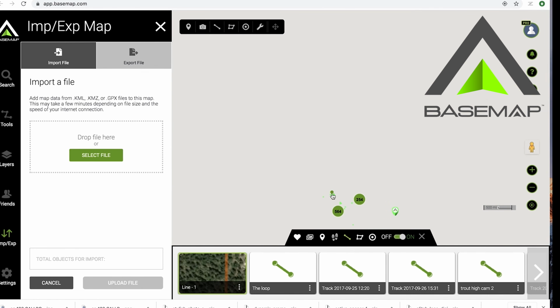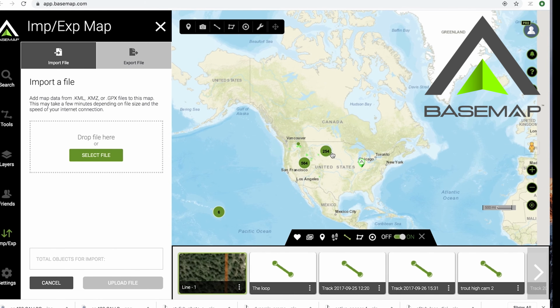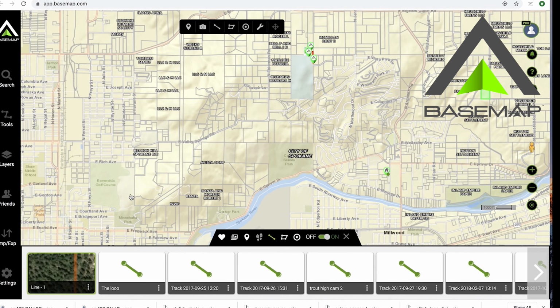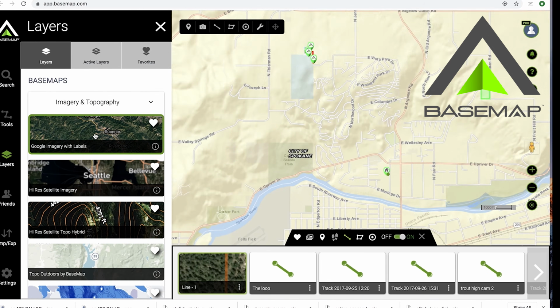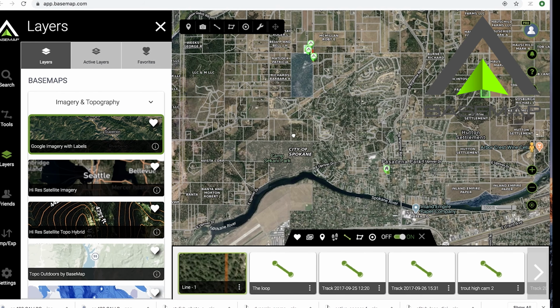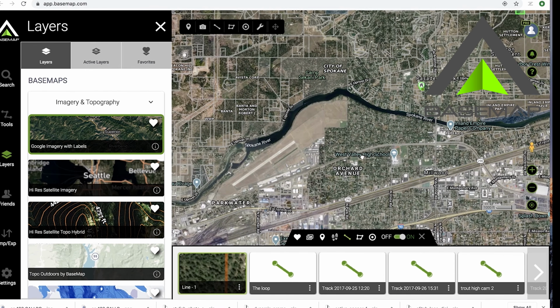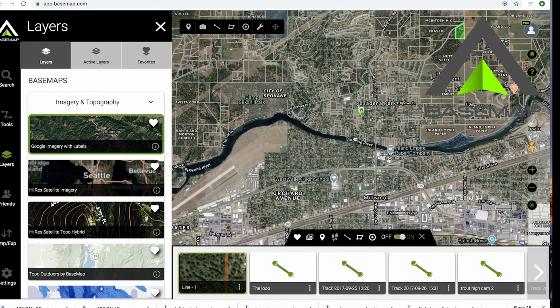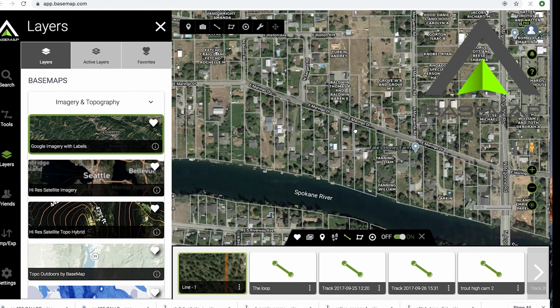I've already done this, so we got 700, 800 waypoints. That's pretty cool that I've already imported all my stuff from onX over, so that's really cool. But I wanted to give you just the first impression of doing e-scouting. I think a lot of you know that I've done most of my e-scouting through Google Earth, created KML files and then imported them into onX historically. I might be able to do more scouting through the layers that Basemap has, because quite honestly there's